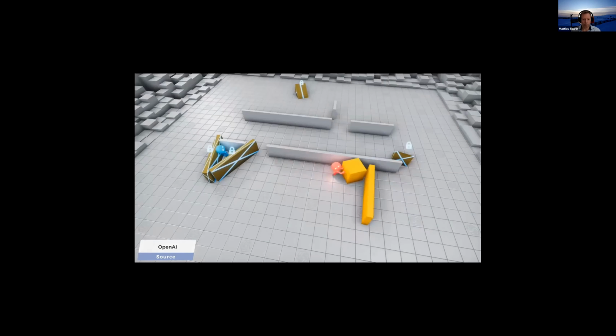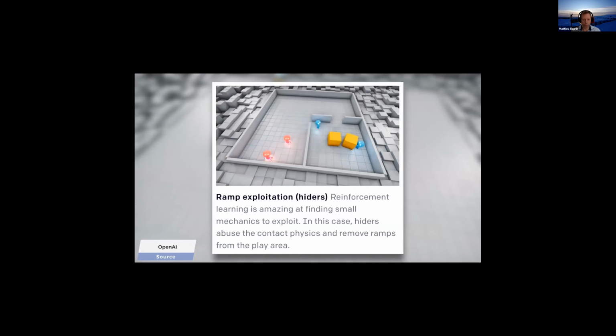When playing a different map, a seeker has noticed that it can use a ramp to climb on the top of a box, and this happens. Do you think couch surfing is cool? Give me a break. This is box surfing. And the scientists were quite surprised by this move, as this was one of the first cases where the seeker AI seems to have broken the game. In a few isolated cases, other interesting behaviors also emerged.